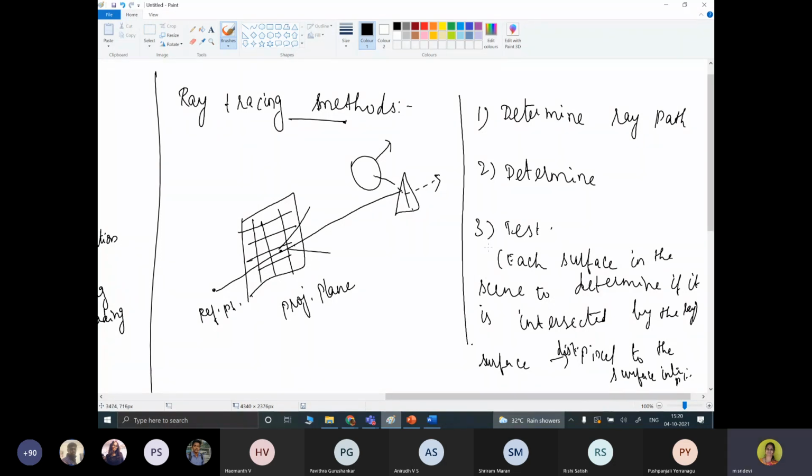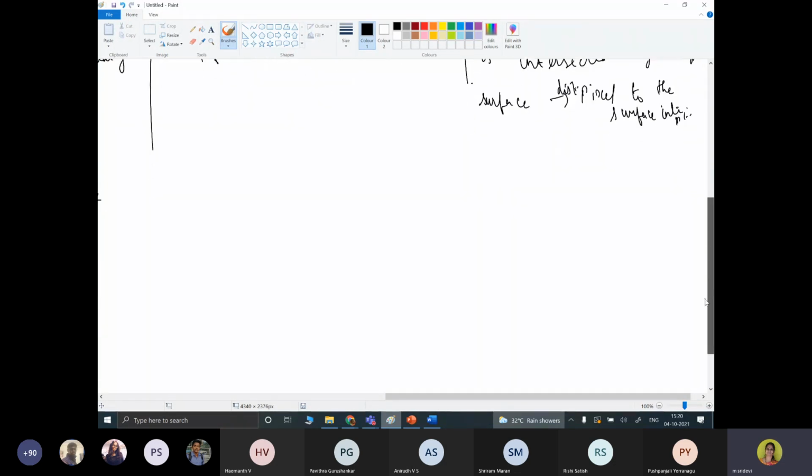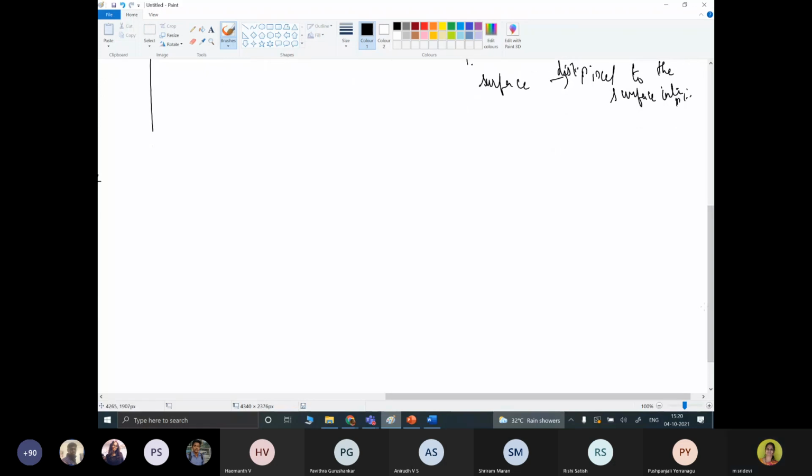Is the logic clear? So we are passing a ray and trying to find out which is the most contributing ray, for which we are performing a test. While testing, we are computing the distance between the pixel and the surface of intersection. The smallest value indicates a visible surface. That surface should be visible to the person who is viewing, so it should be rendered with proper rendering information.